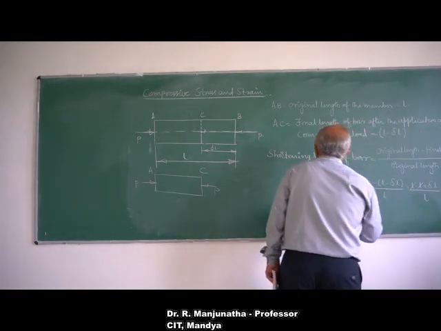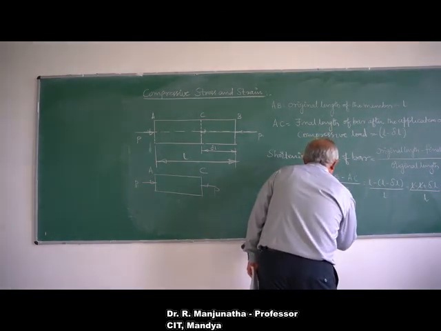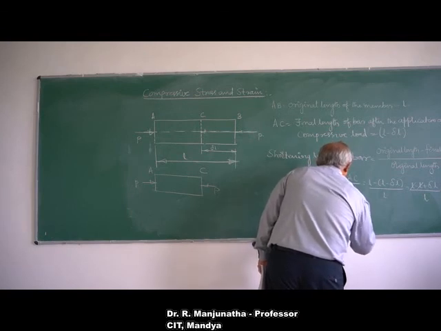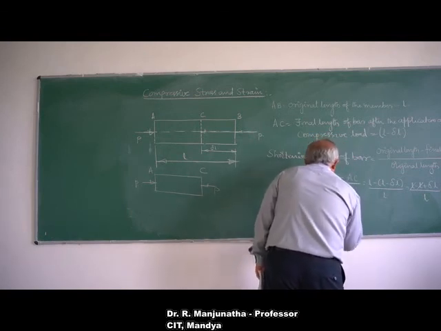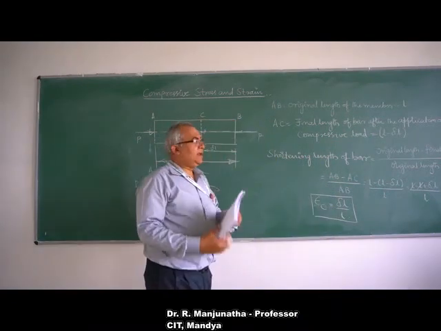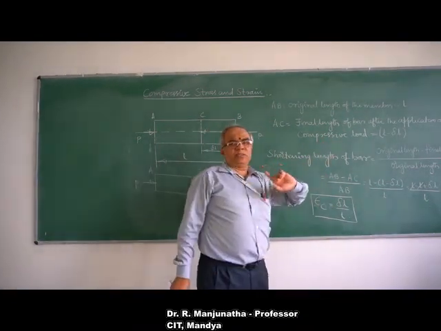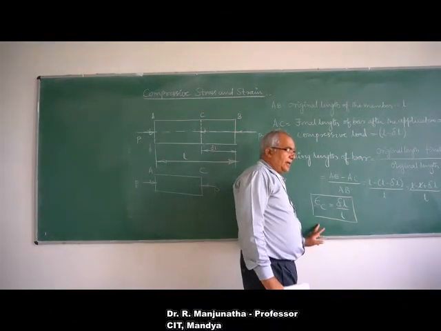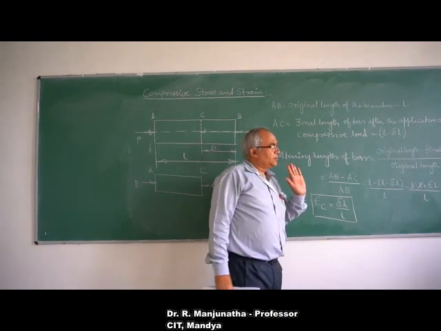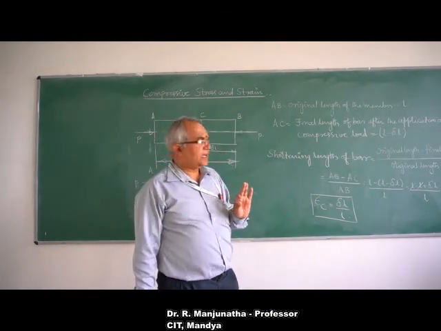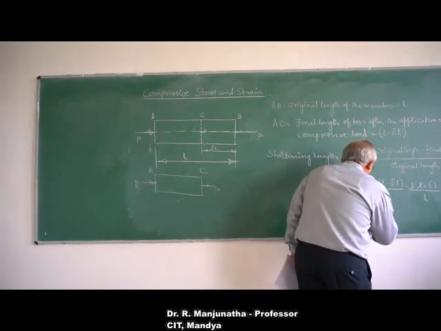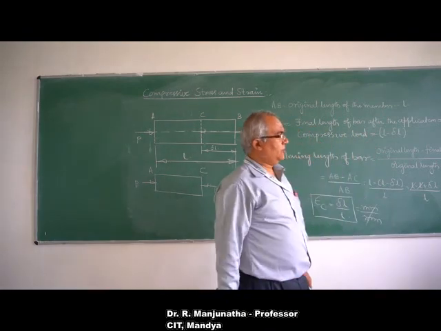Therefore, the shortening of the bar, which is the compressive strain epsilon C, will be equal to delta L by L, and epsilon T will also be equal to delta L by L, wherein you have the increase in length by the original length in case of the tensile strain. In case of compressive strain, it is the shortening in length by the original length of the member. Since delta L is in mm and the length of the member is also in mm, these two get cancelled. Therefore, you are not going to have any